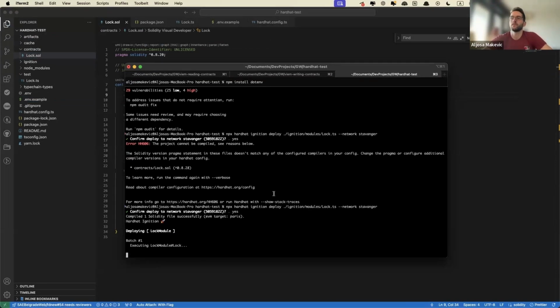So this is actually going to take a little bit because executing a transaction takes a little bit, and then it should show us the address of that contract, and then we can track that on the Block Explorer. And if you deploy your own custom chain, it will look exactly like this to deploy a contract on it.